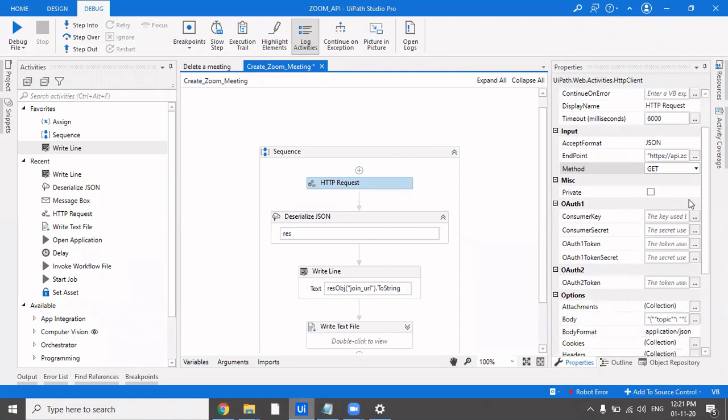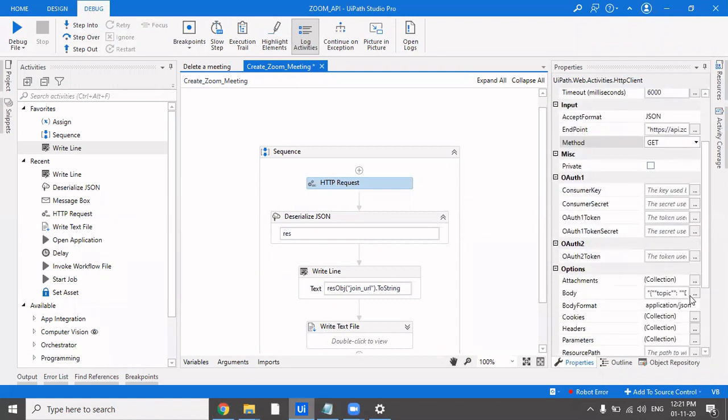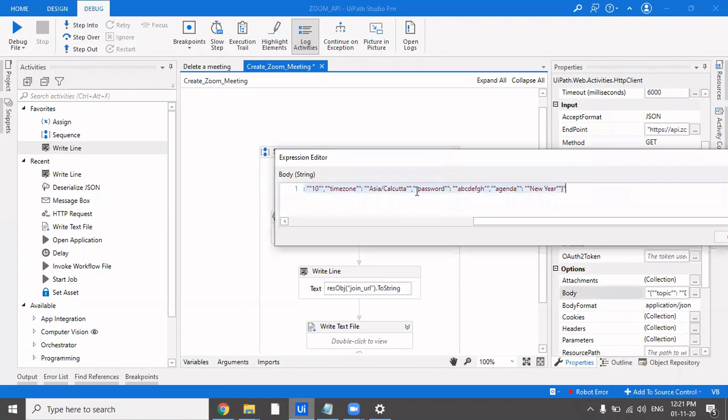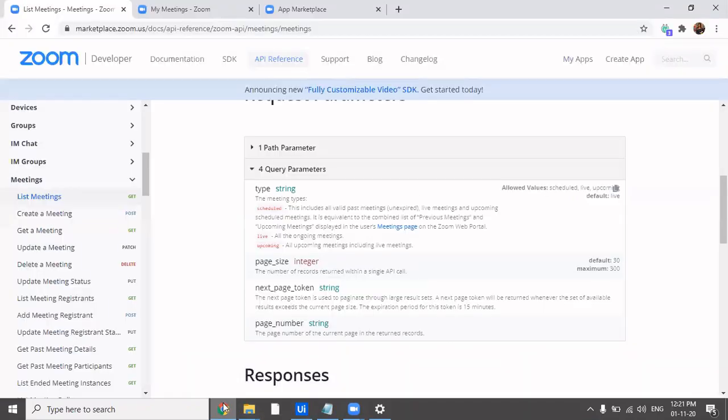So here in the body, instead of all these, what we'll be passing is that the type would be upcoming. And what else do we have to pass?